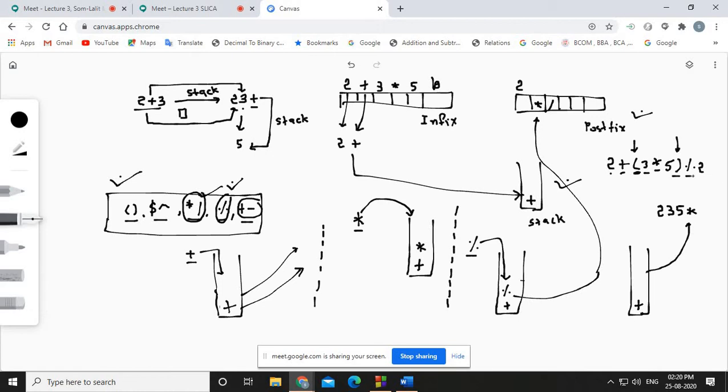The next operator is the modulo sign. The modulo sign has the highest priority, so a highest priority operator has to be inserted into the stack, right? So lower, then higher, that is possible. Okay, finally we have 2, an operand, so obviously we will put it into the postfix.